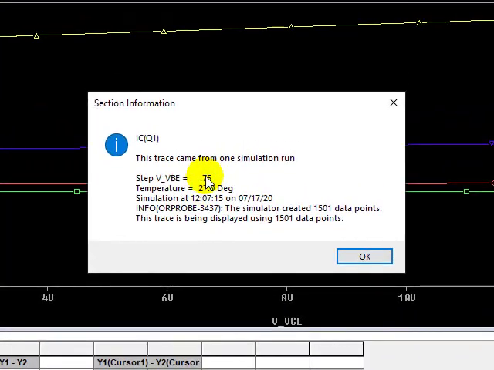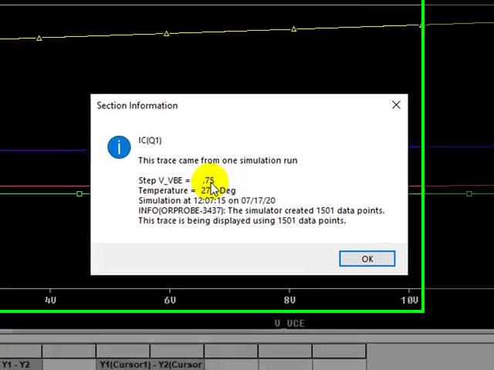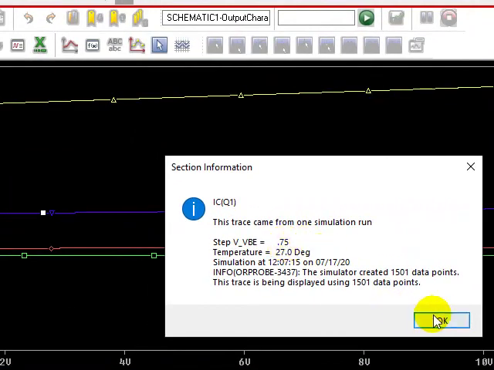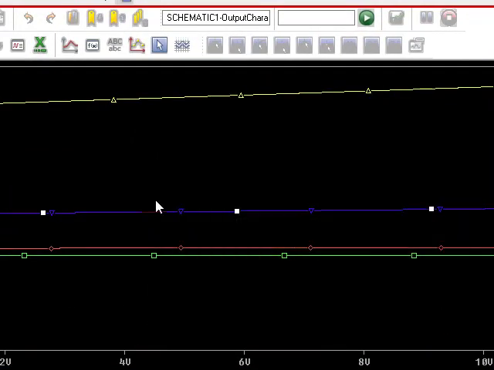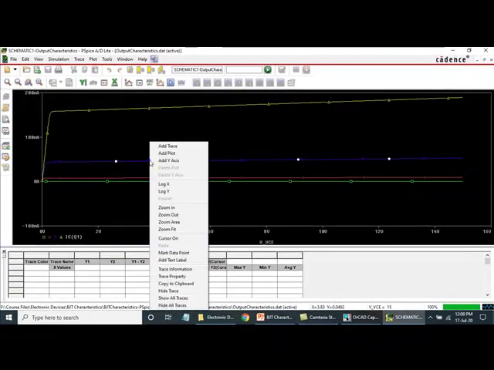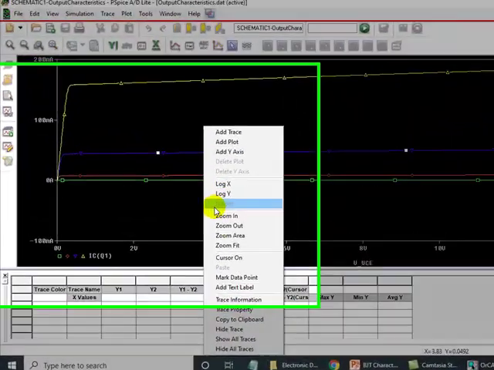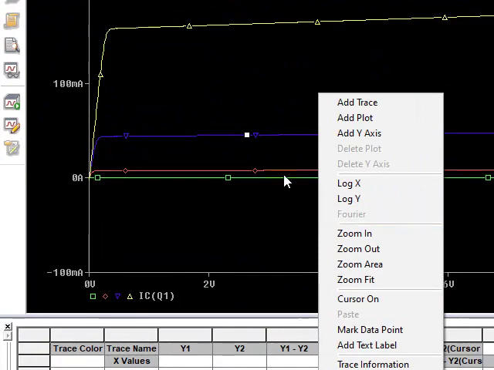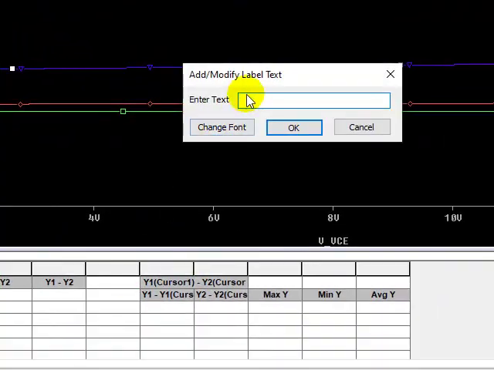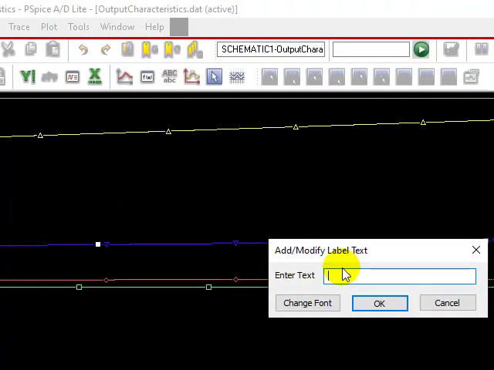So I cannot always keep remembering that blue color is for 0.75, yellow color is for 0.8 or something like that. So what I'll do is I can add a text label to it. So right click and add text label, and you can just type whatever you want. I will enter VBE is equal to 0.75 volt.